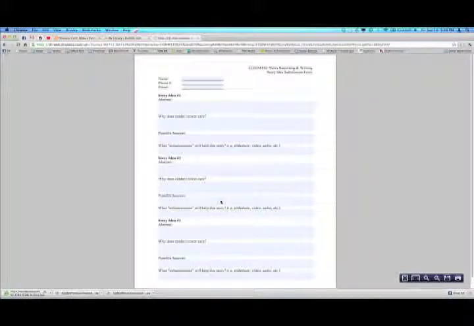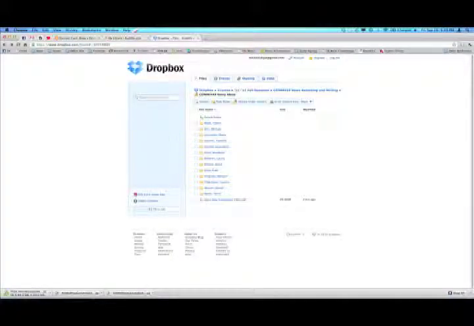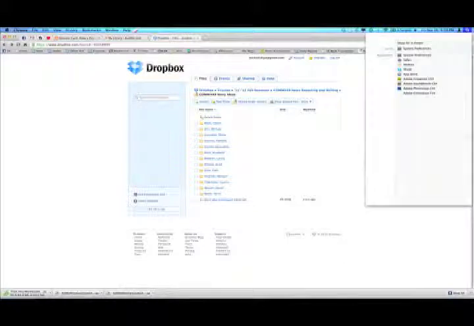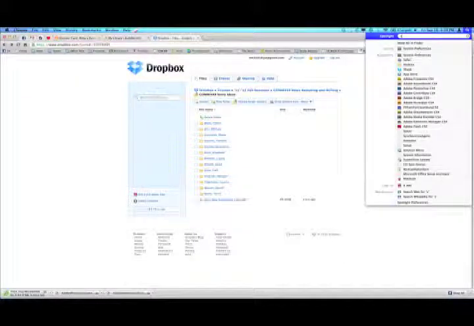Now this is a PDF that you can actually download, type in, and then save and re-upload the form into your folder. So what I want you guys to do, or what Dr. Yaquinto and I want you to do, is when you're ready to submit your story ideas, we want you to come and submit your story idea using this form. Okay, so I'm going to pull this form up in my